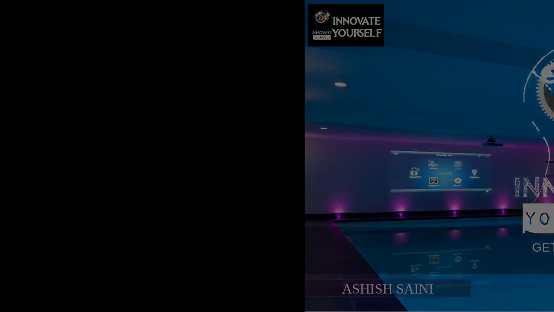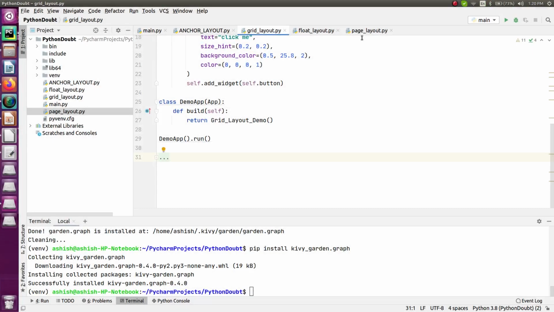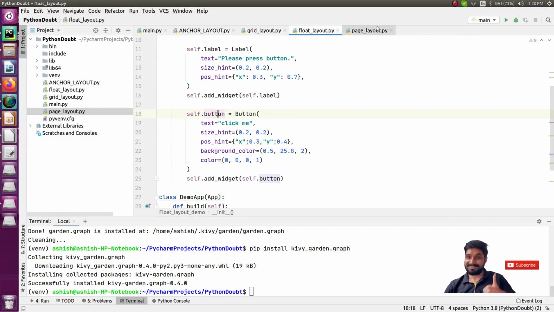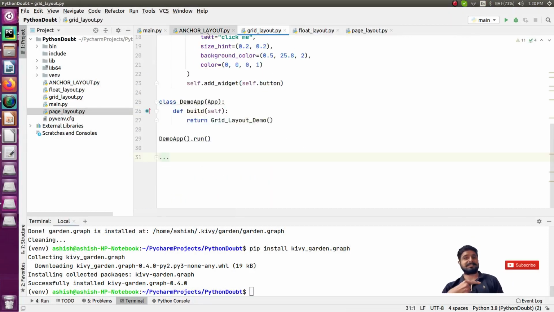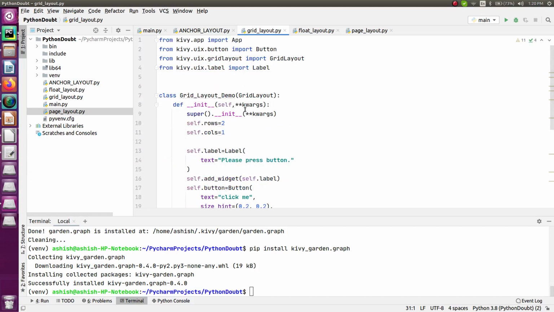Alright, so you can see in the previous sessions we have already seen the different layouts, and also we have seen how you can arrange your widgets onto that layout as per your suitability, as per your requirement. And currently what exactly I will be doing is creating a small application.